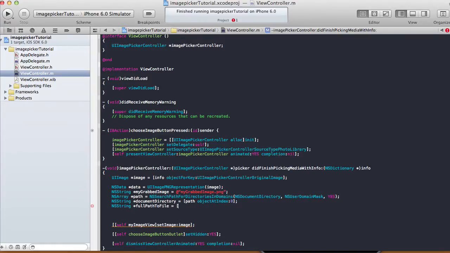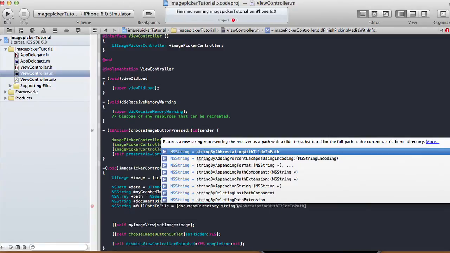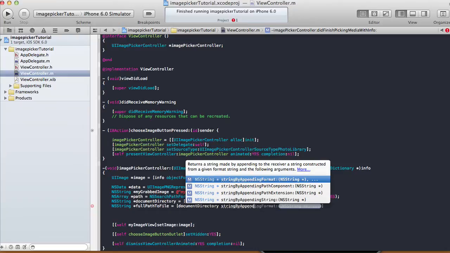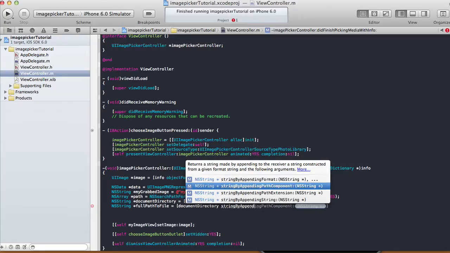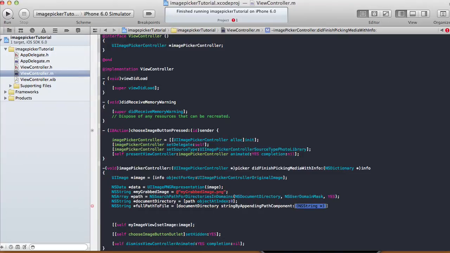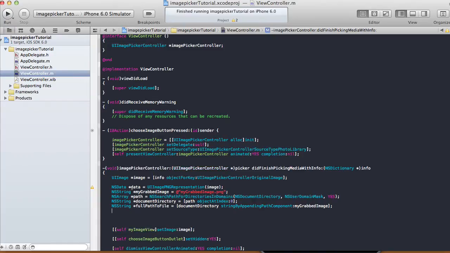So I'm gonna do that by saying documents directory string by appending path component, and then I'm gonna say document, we're gonna append it by my grabbed image, so do my grabbed image. So that's your full path to file, and now we want to write our data, which is our image,